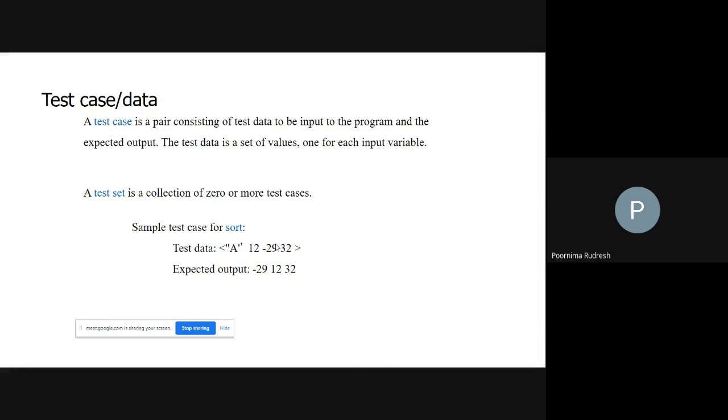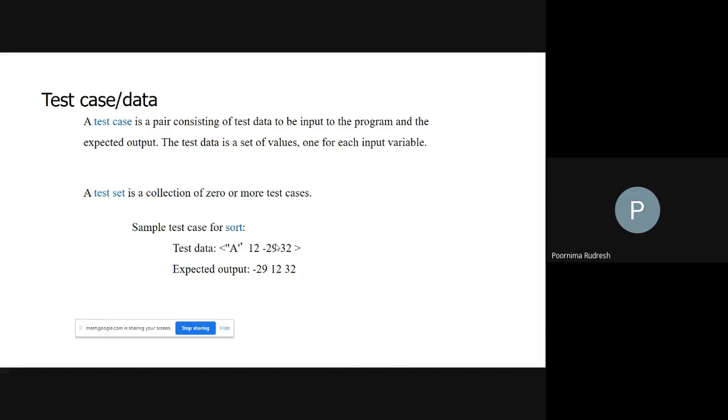If I am the user and I executed the program, then I have to enter values for those variables A and B as the two input integer values. If I enter the values as 2 and 100, these two become the values of the variables A and B, and that forms the test data. Understood? Test data is a set of values, one for each input variable.